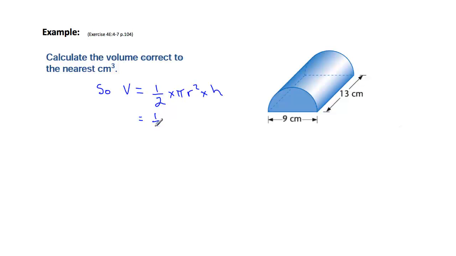So in this case, we've got half pi again from our calculator. Our radius, now the diameter is 9 centimetres, which means that our radius needs to be half of that, which is 4.5 centimetres. So that's the number that needs to go in here, 4.5, which we square, and then we times it by our height, which is 13. Now let's double check centimetres and centimetres. We don't want to make the mistake of working with one unit that maybe is metres and the other centimetres. This works well though in this case, and when we put this into our calculator, our answer is